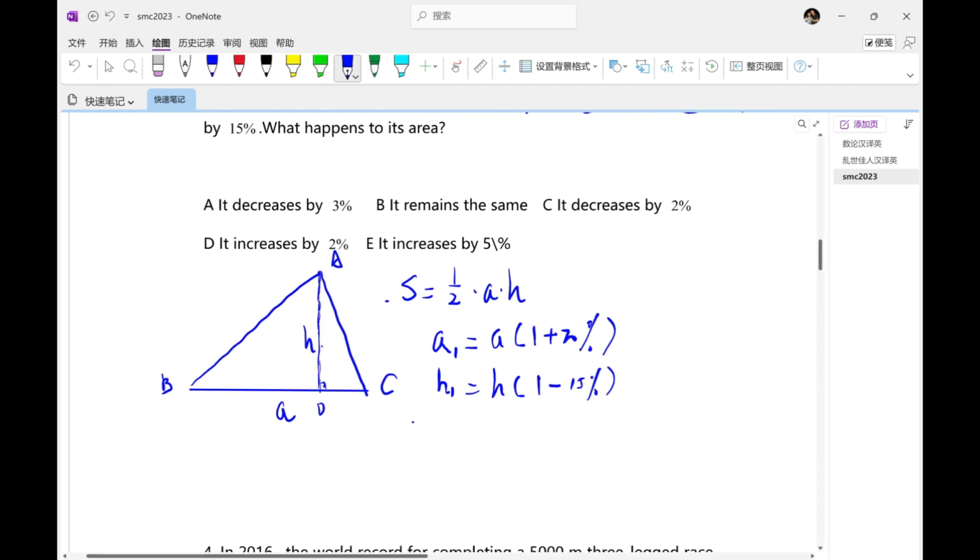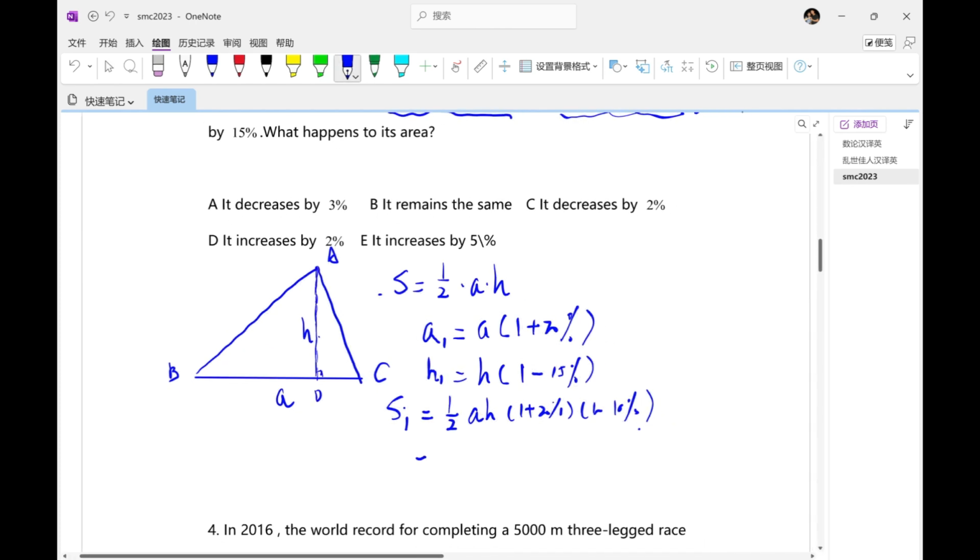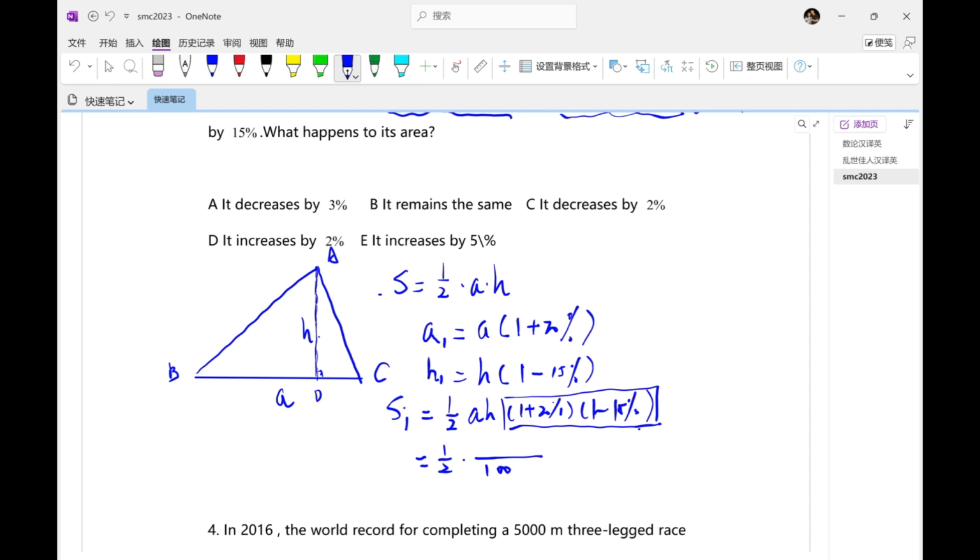Then the new area S1 equals 1/2 A H times 1 plus 20% times 1 minus 15%. This is crucial for these questions. We transfer it into fractions. That is 120 over 100, and the second is 85 over 100, and equals